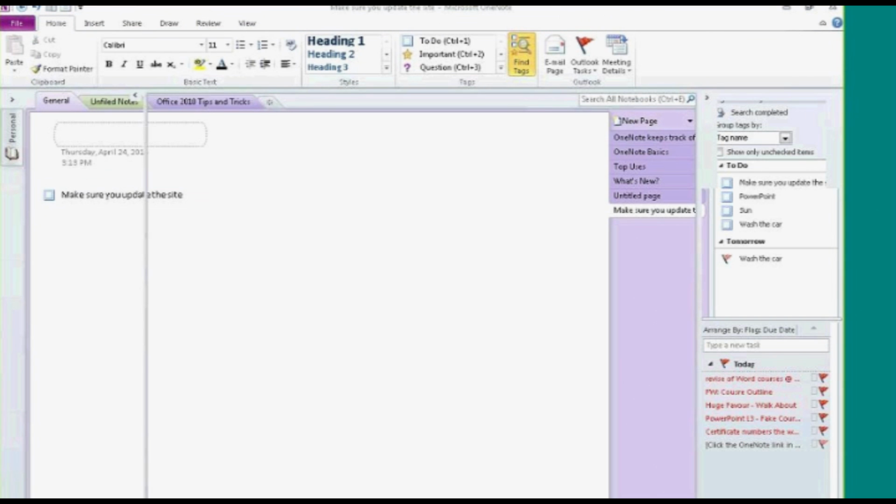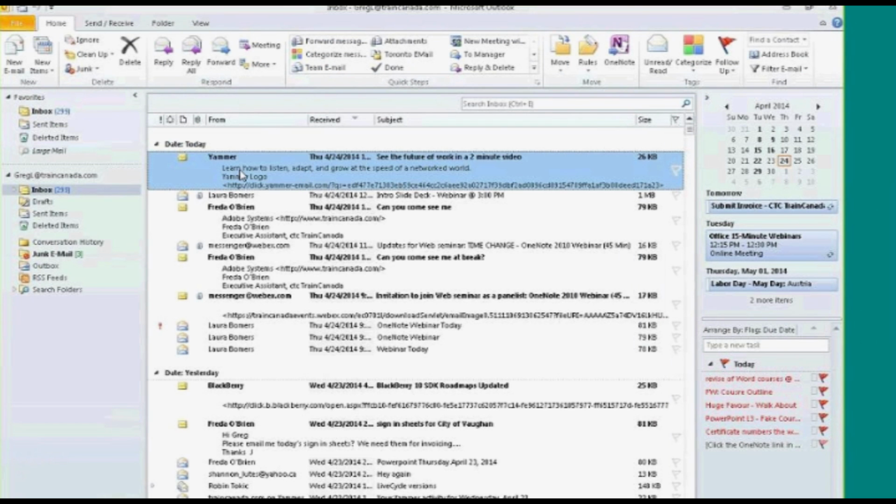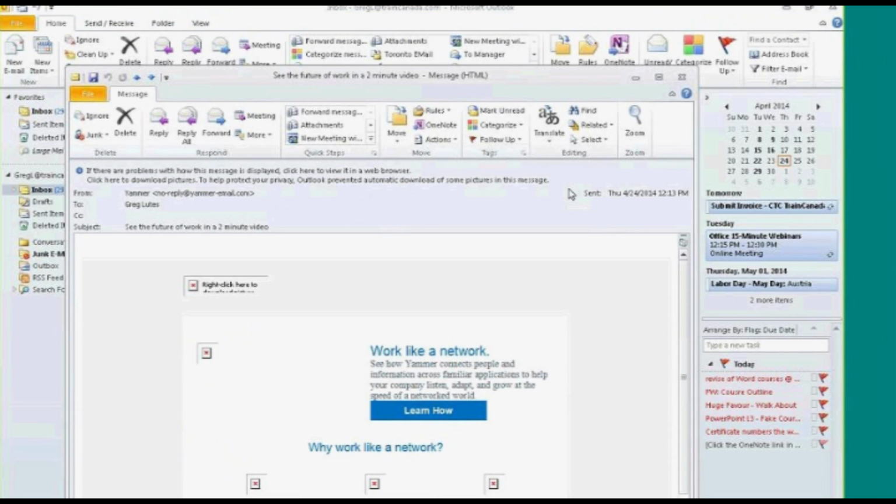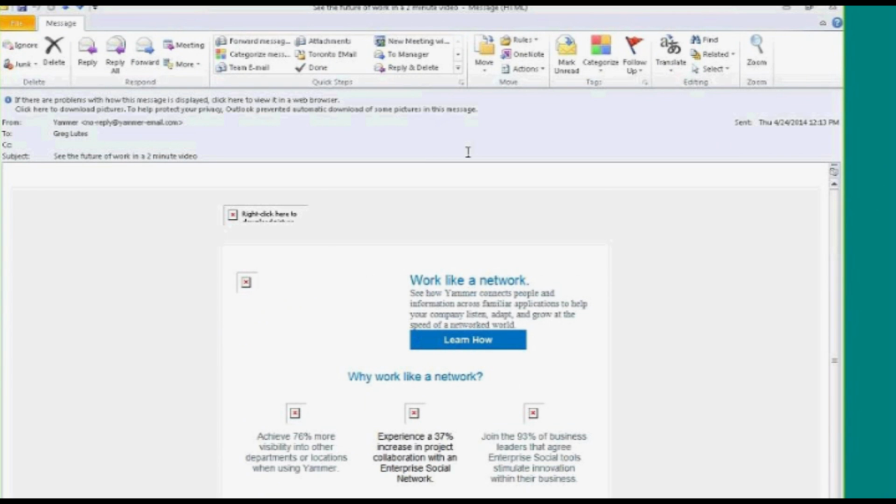Here I've got a message, Yammer, right? Well, what I can do is take an important email that has dates and times and tips and tricks and all kinds of stuff, and I can copy it into OneNote. You see, when you open up a message full screen, you have this section called Move. Well, if I click on OneNote,